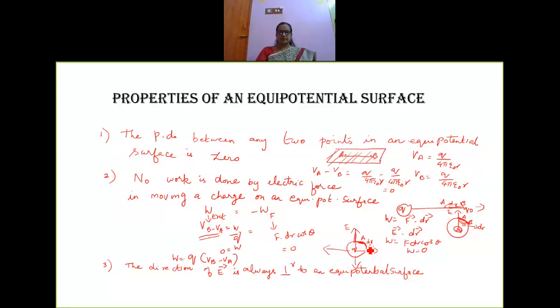Is it clear? Right. Now, next we'll move on to, actually these 2 points are very, very important. The second point is no work is done by electric force in moving a charge on an equipotential surface, and the third is the direction of electric field is always perpendicular to an equipotential surface. Is it clear? Right. Now the fourth point is, I will write here, no two